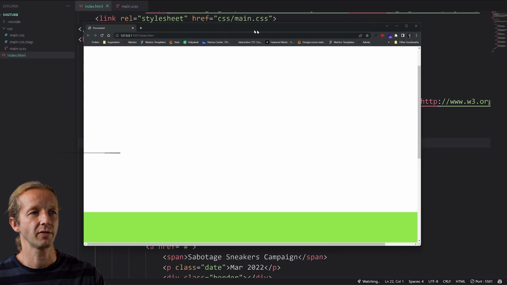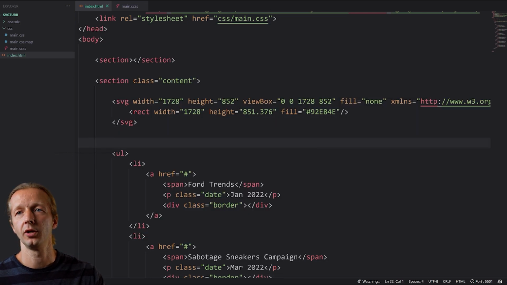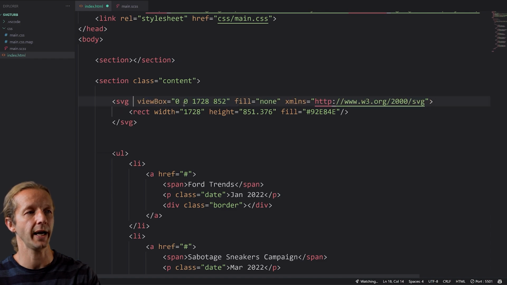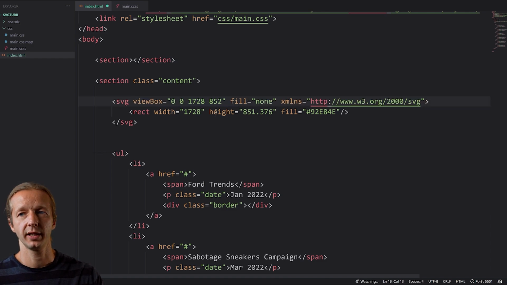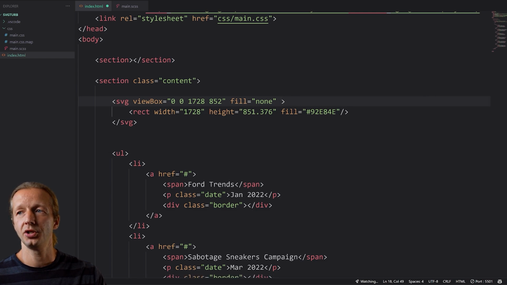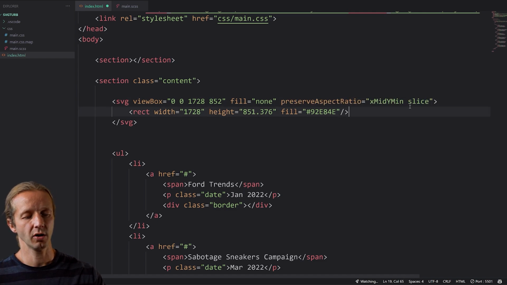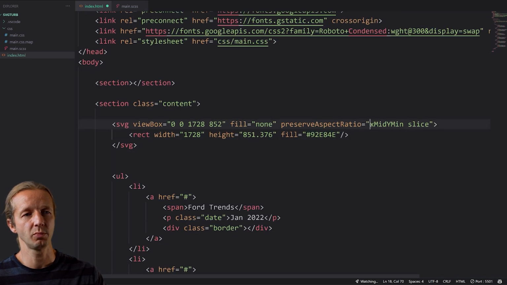Now we have to make some adjustments to it in order to make it responsive and all that good stuff. First off, I'm going to remove the width and height attributes. We're going to leave the viewBox and the fill, but we're going to get rid of the xmlns attribute. We don't need that. And then we do need to use the preserveAspectRatio attribute. If we put that right there, this stuff, the xMidYMin slice,